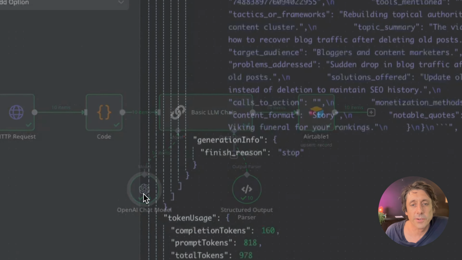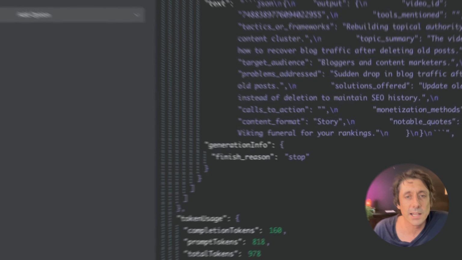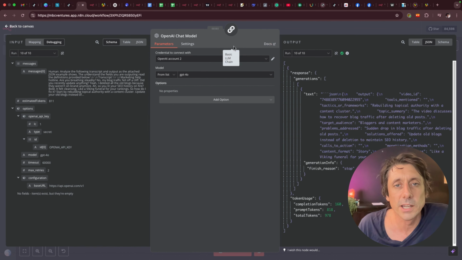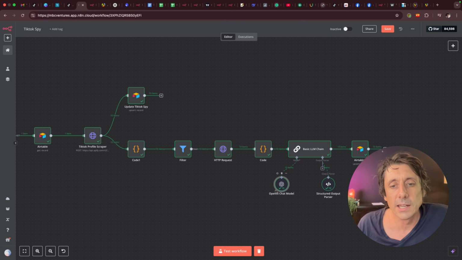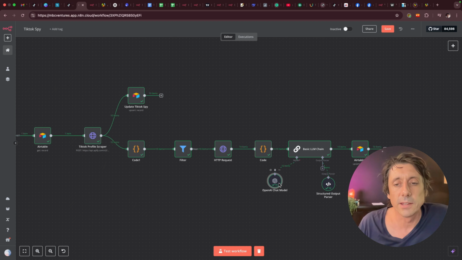So once you've done that, if I open this up here, it's exactly like we did before with the pencil icon. You get your API credentials, plug it in here and connect it, and then you choose a model that you want to run. I'm using GPT-4o. Okay, so I'm not going to walk through how to do that because it's reasonably straightforward. And when you're doing automations, you just have to get used to connecting things with API credentials because you do it a lot. So once you've got that connected and you've added a brain onto that step,